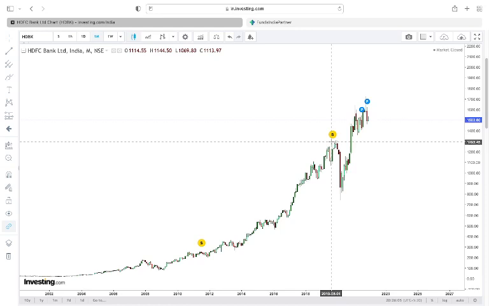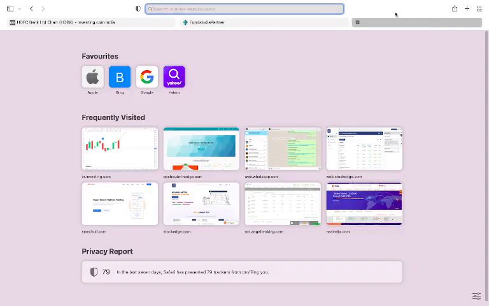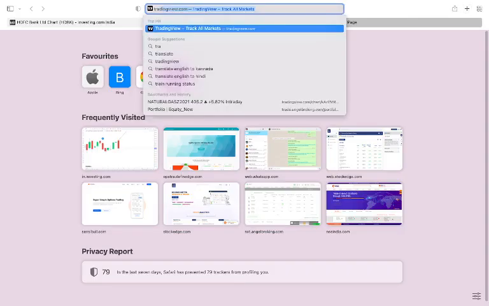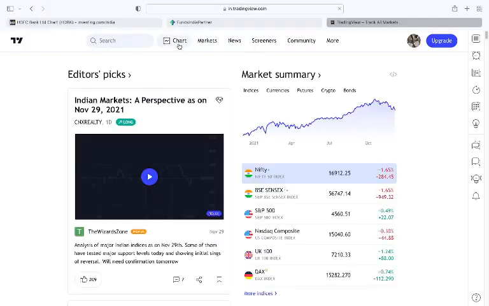Five chapatis we are mixing and making one chapati. That is the weekly candle. That is game over. Daily, weekly, monthly candle. So these are the things we need to learn in this LKG class in investing.com. And we also use tradingview.com. So tradingview.com also we need to learn in these LKG classes.